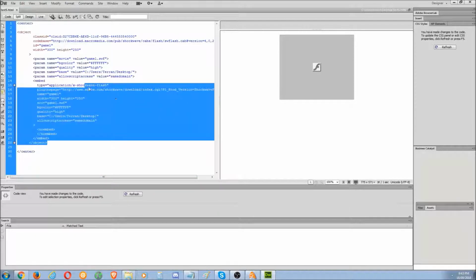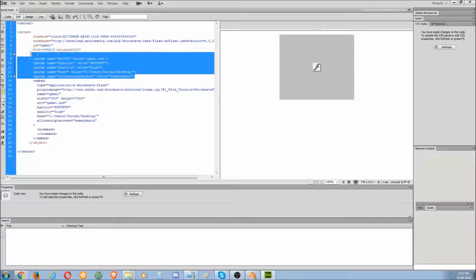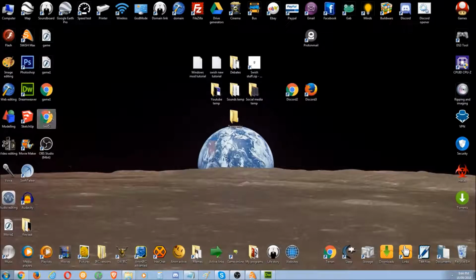We don't even need this. We can remove most of this. Most of it. All these parameter names, don't need them. Don't need code base, list, class ID, don't need any of that. You only need some of the basics. So we can make it a lot less than that. Now compare that to